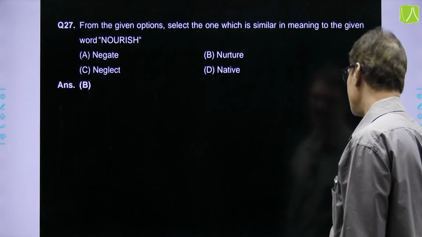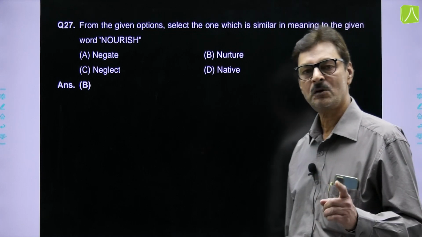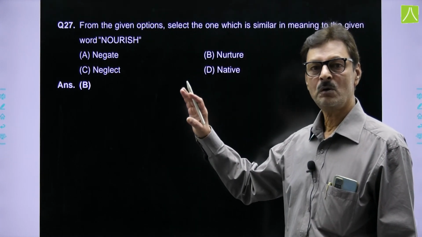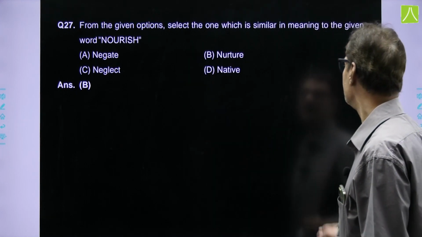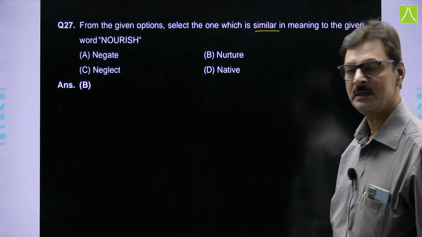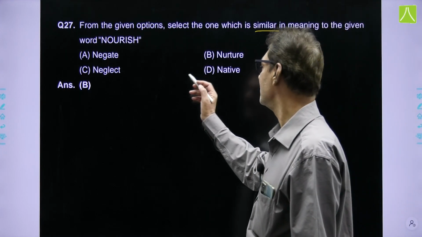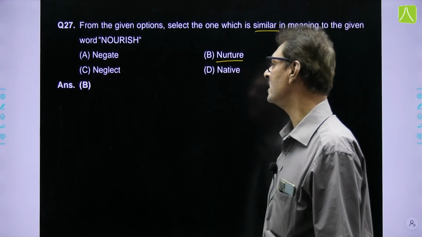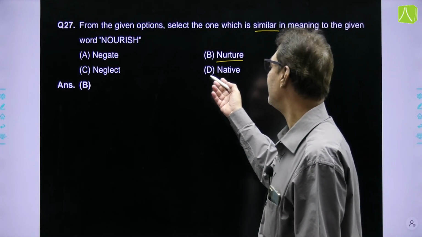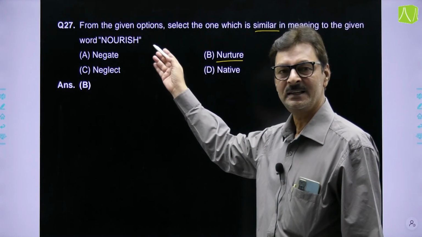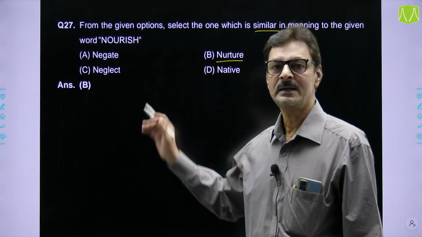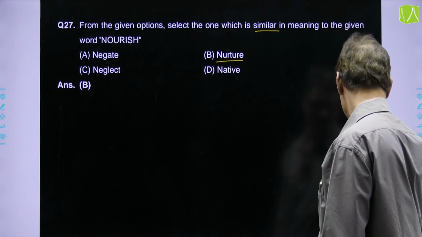So, 4 questions of analogy were there, 4 questions based on parajumbles were there. Now, these questions are based on vocabulary. The first one was similar in meaning, that is you have to find the synonyms. So, similar meaning of nourish is nurture, nourish means to nurture, and the others, neglect, native, have nothing to do with nourish. I do not think the students must have found any difficulty in attempting these vocabulary based questions